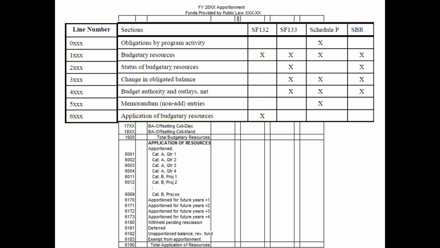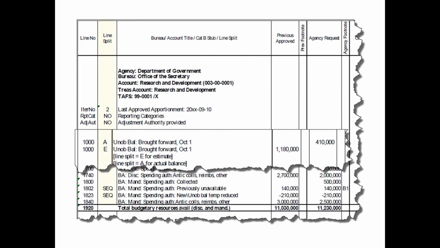Column 2 is the line split column. Let's take a look at Exhibit 120T in A11. OMB requires line split information in the following cases. First, the iteration number line split shows the number of times OMB has approved an apportionment for a given TAFS